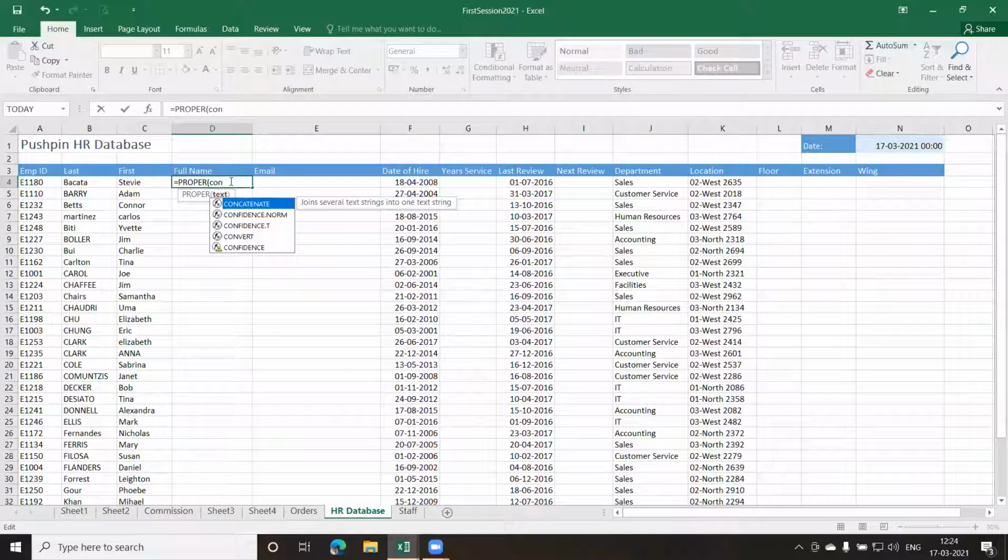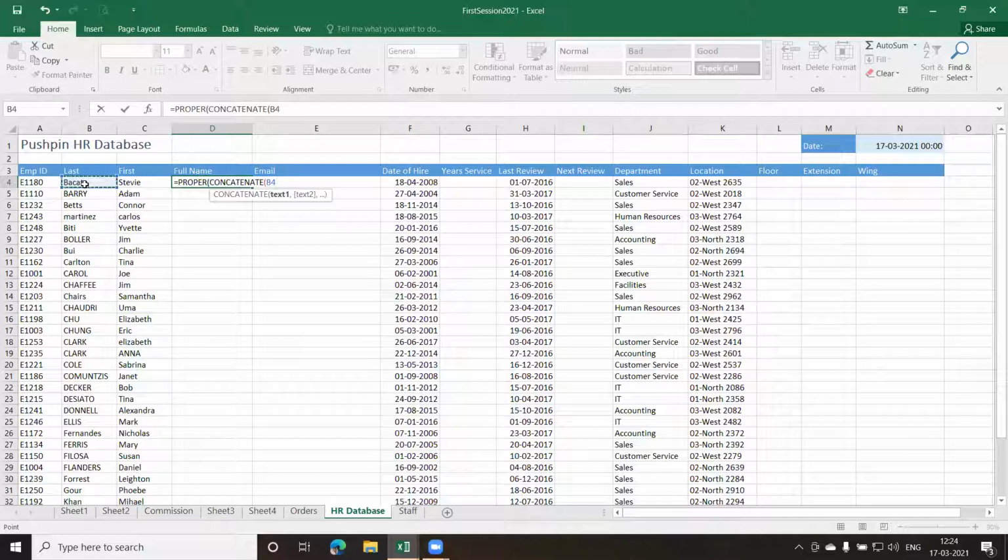In the latest version, if you are using 2019 or Office 365, we also have a function called CONCAT. Okay, it is a shorter version of CONCATENATE, and that can also be used. But I'll prefer using CONCATENATE because I have a different version here. So I can use CONCATENATE, round bracket.